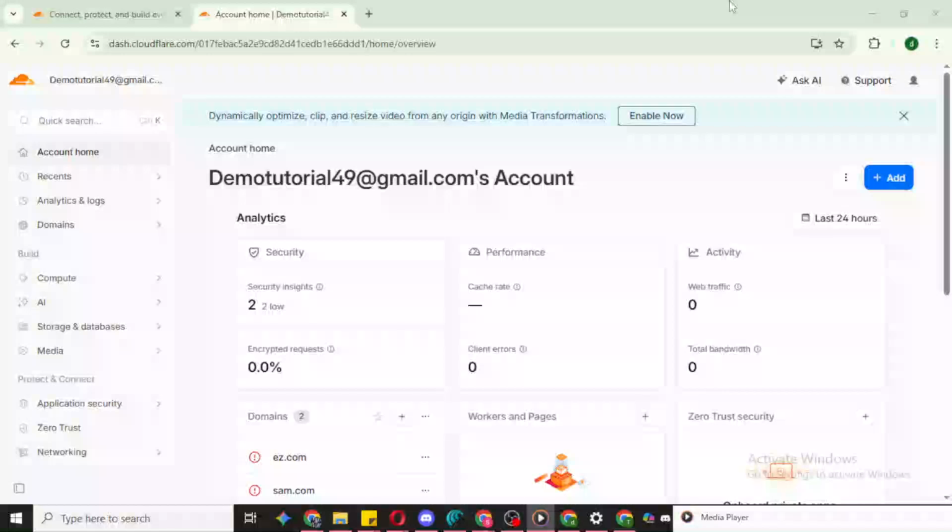In today's video, I'm going to teach you Cloudflare email setup beginner tutorial. By the end, you'll have a professional email address on your own domain that automatically forwards to the inbox you already use. We'll move through the essentials clearly and simply so you can follow along with confidence.